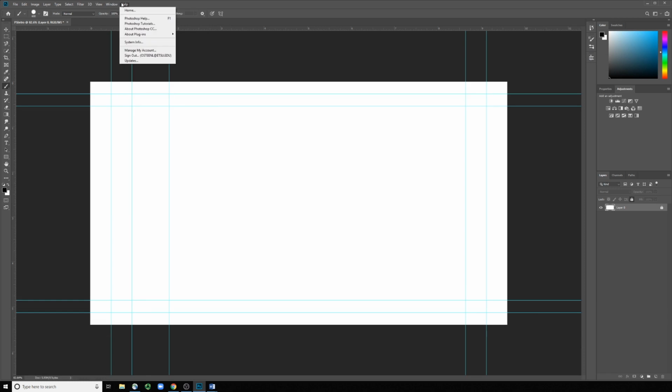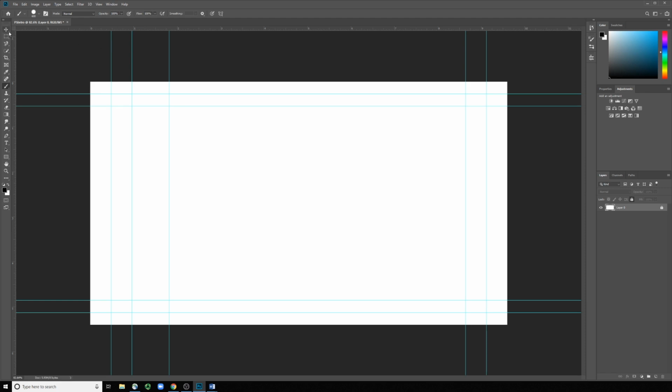And then help, if you are having a problem, you can go in there and you can click on that and it will offer you some help. There's tutorials and you can look at your account. Now, for how Photoshop works with tools, we'll just go over these a little briefly, but just know that anytime